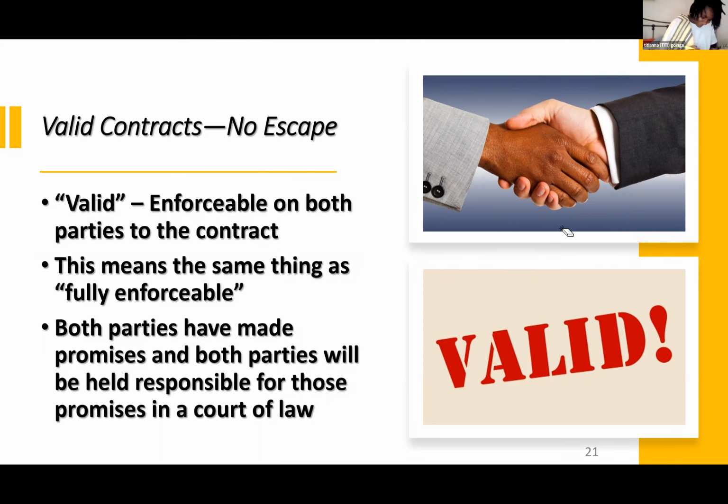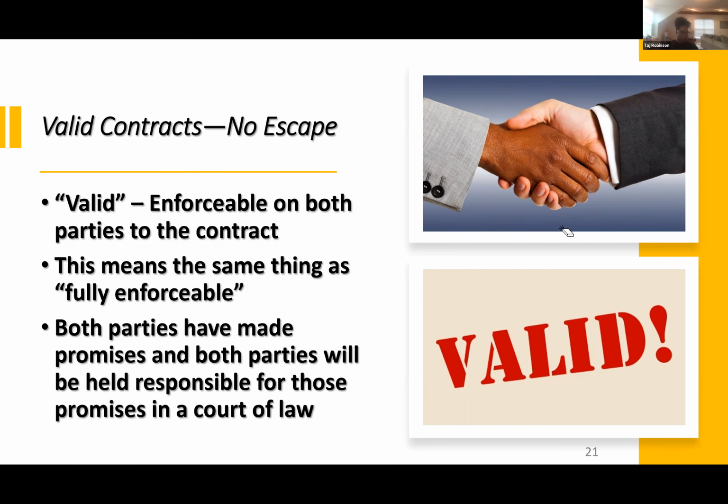The worst contract status you could have is unenforceable, because that means a judge would literally say, if you went in front of them, I can't. There's no contract. I can't do a thing with this. Get out of my face. You're wasting my time. This is unenforceable. So if valid is the gold standard, then the hot garbage on the other end of the spectrum is unenforceable. Does everybody see that?